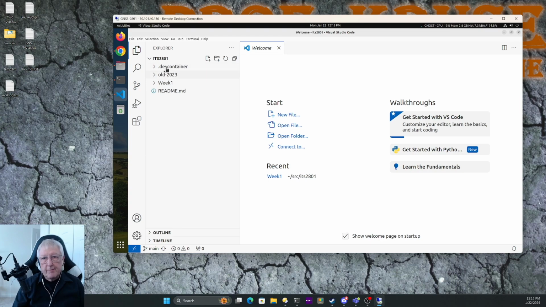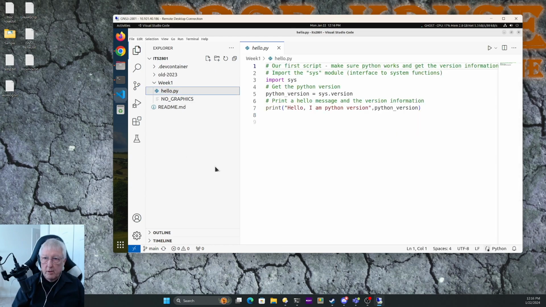There's this dev container thing that GitHub always just adds. There's not much I can do about it. There are old files you're welcome to look at, but they're not really useful. In our case, we want to expand this week 1 folder and open the hello script. That's what I provided to you this time. This and all scripts that I give you will be ready to run, although they won't do everything they're supposed to normally. This one will. So we should be able to just click run here,